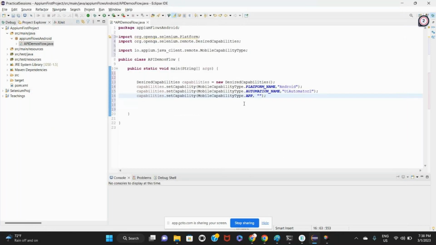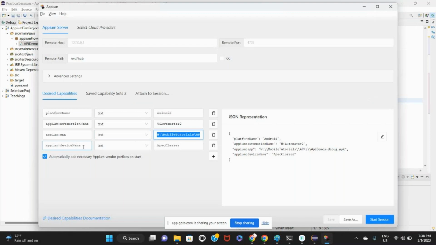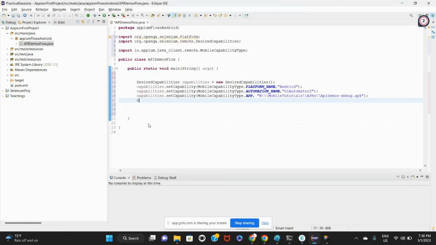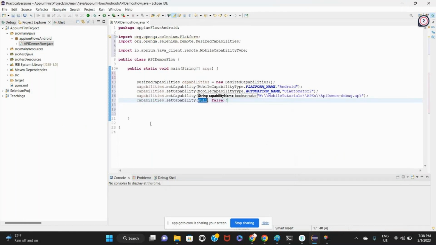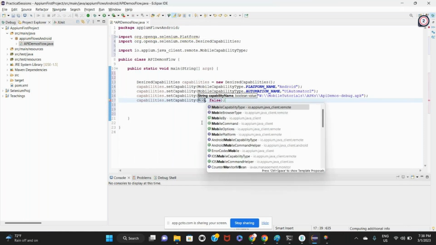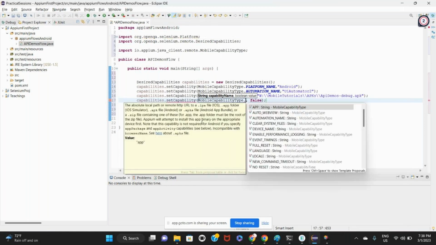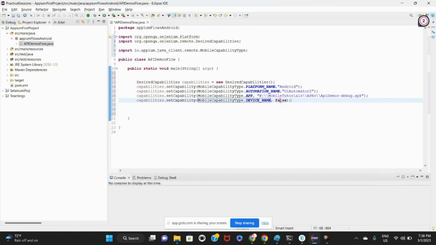So I'm giving this path over here. And the last thing that I would like to give is device name, right? Capabilities dot set capability, and mobile capability type dot device name, and the name of my device is